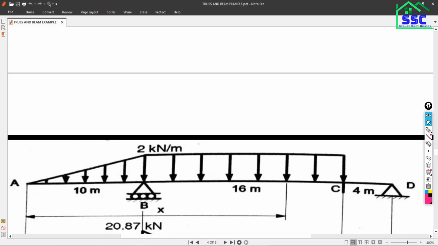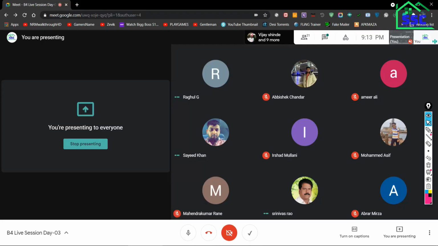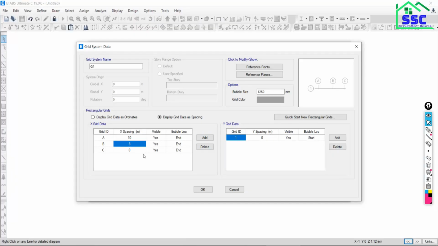They have not understood the previous session. Who said 16 or 20? 26, yes, sir. Have you got the concept or not? Good. Don't make the mistake. Okay, go back to tabs. Yeah, it will be 20.